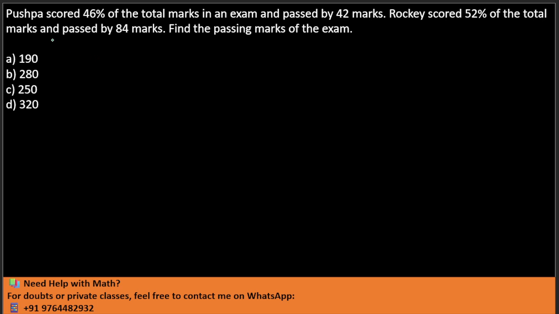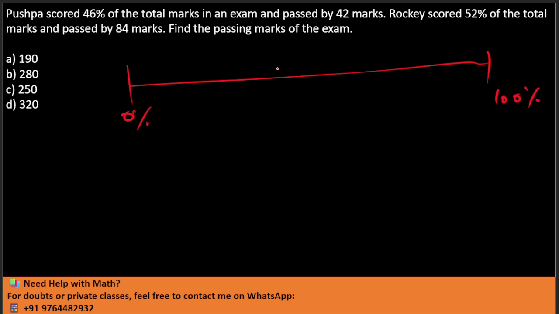Now again we have Pushpa scored 46% of the total marks in an exam and passed by 42 marks, and Rocky scored 52% of the total marks and passed by 84 marks. Okay, now we are going to do the same thing, right? 0%, 100%, and passing, and he scores 46%,